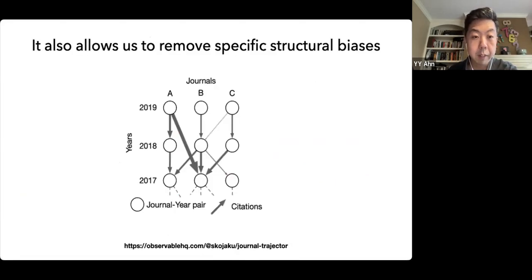So this is the process. We looked at the citation network, for instance, between journals. Here there is a very strong temporal correlation. You tend to cite more recent work, and older work has more time to accumulate citations. So there is a very strong temporal bias, and it's really hard to remove that bias because it's hard to specify. But one thing we can do is rewire edges while preserving the property that we want to remove, and then use that as a null model so that we can get the embedding that is free of that null model.